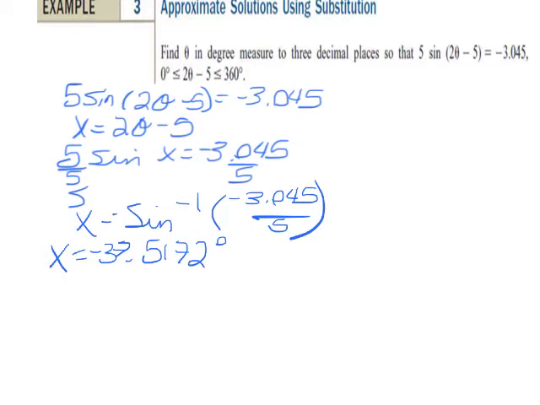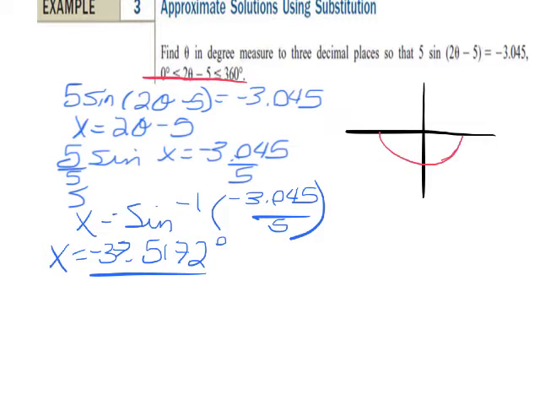Now, something you need to think about is we were given a parameter of 0 to 360. So if we think about our circle, we're from 0 to 360, and we want it where sine x is going to be equal to a negative number, and sine is equal to a negative number in these two quadrants. So those are the quadrants we need. So let's go back to our formula here, and we've got x equals